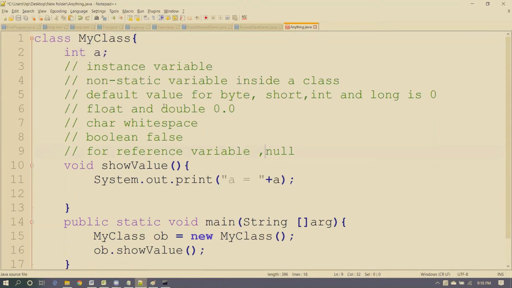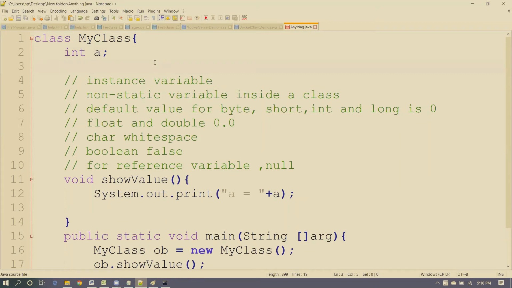If you are creating any variable like a float, double, int, or boolean, and you are not assigning any value to those variables, it will be assigned with a default value. So if I write, for example, boolean b, and since I'm not initializing it,